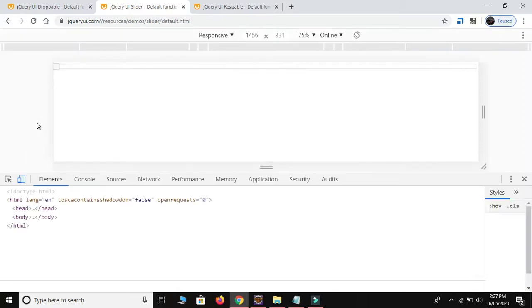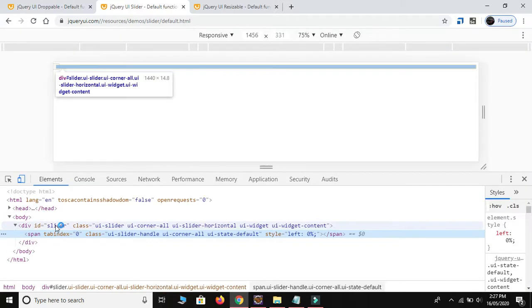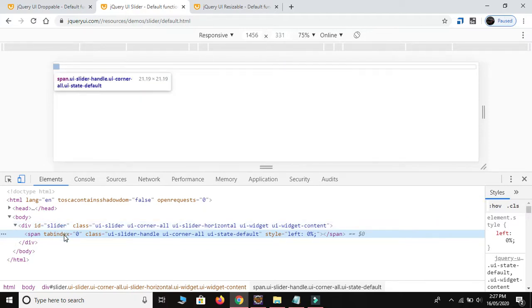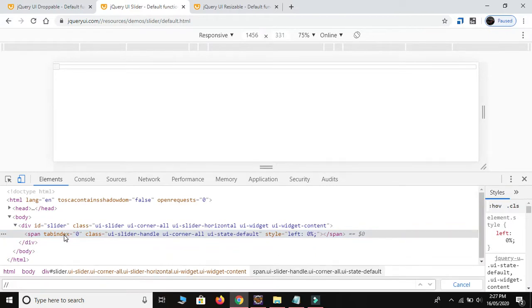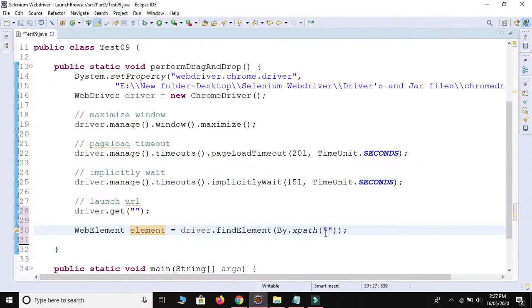I hope it contains some ID. Yeah, we have ID now, but this is for the slider. We want this box only. Okay, so it comes under the span. So just press Ctrl F. Let's jump inside the document. Tag name is span, square bracket close, and then @ we use class attribute, so @class is equal to this one. I'm able to find one of one. Just copy and paste over here.